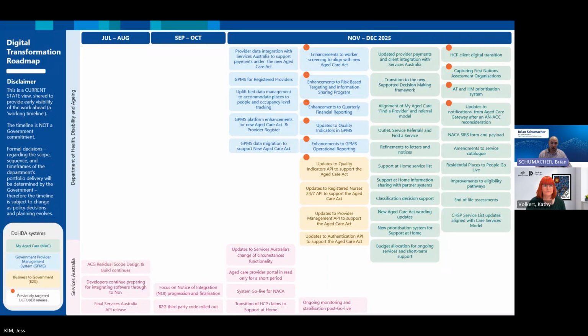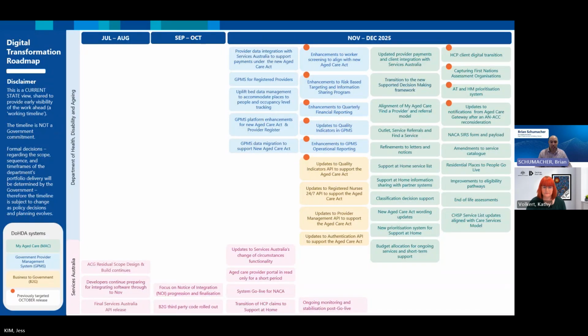For Aged Care Gateway, we'll see changes to systems and processes, really focused on the implementation of the new Aged Care Act and Support at Home, to ensure alignment with legislative requirements and start to deliver some of the improved client experience. We'll also see changes delivered on the Government Provider Management System, or GPMS. They'll cover comprehensive refactoring and enhancements to align with the new Act. Our overarching goal is to continue upgrading GPMS to ensure aged care reforms are supported and ongoing enhancements are delivered to provider and customer experiences.